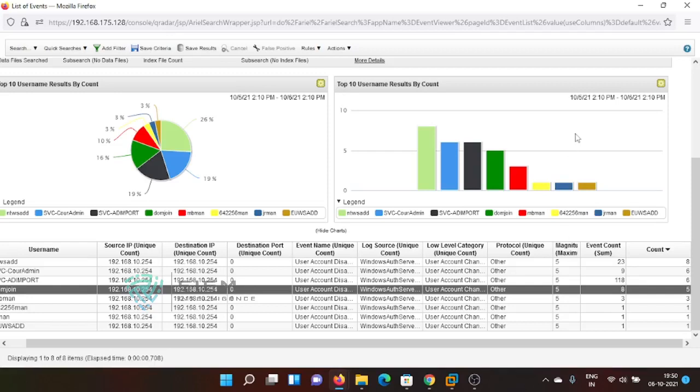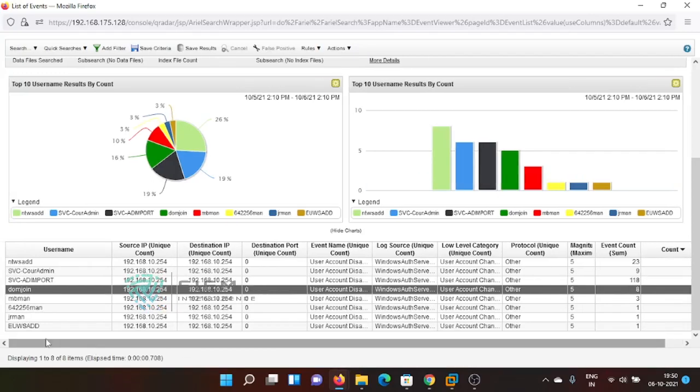So we started from one log source, and we grouped it by event names, then by username. See, we are narrowing the scope. At a broad level we are looking at the log source, from where we come to logs with an event name, and from there we come to username. So the hierarchy narrows a lot and it is pinpointing someone only. Now we can understand that these many users are continuously disabled because of some activity. Either we have to contact these users, or we have to find out what the problem is with respect to all these things.